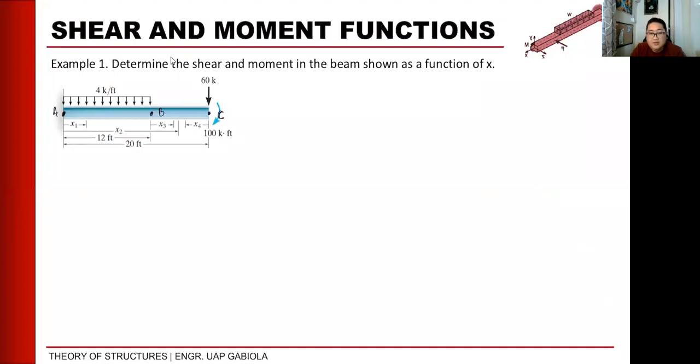Okay? So, meaning, yan yung mga gagawin natin cutting segment. Kumbaga, kung saan may change ng loading, doon kayo maglagay ng point. Okay? Kasi yun yung kukonsider natin later on. So dito, nakapag-produce tayo ng dalawang segment. Segment A to B, okay, and segment B to C. Okay? Yung segment A to B natin,